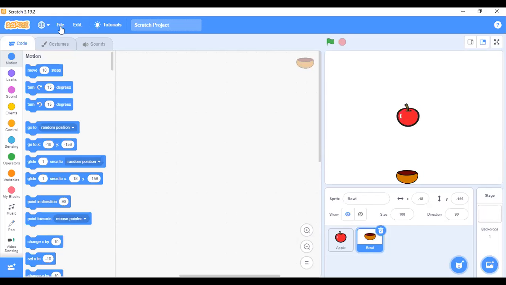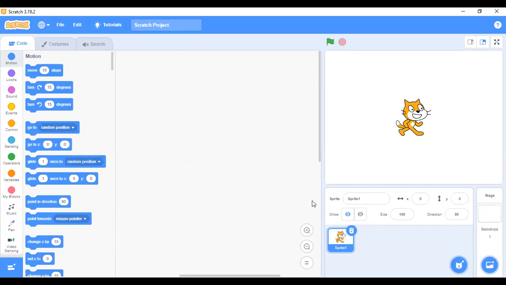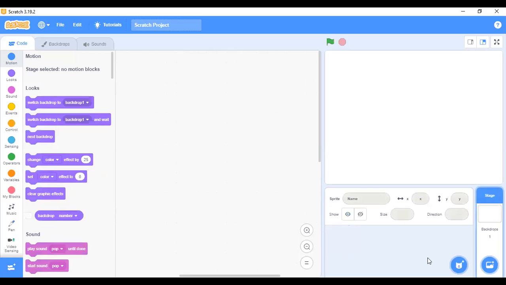I click on the file. I click on new, replace content of current project. I press OK. It reloads my Scratch program. Shewa, pay attention. Erica and Nectar, pay attention. It reloads my Scratch program. Then I deleted this sprite here with my mouse. Just watch my mouse cursor, what it is doing. So I deleted this. And I click on choose a sprite.